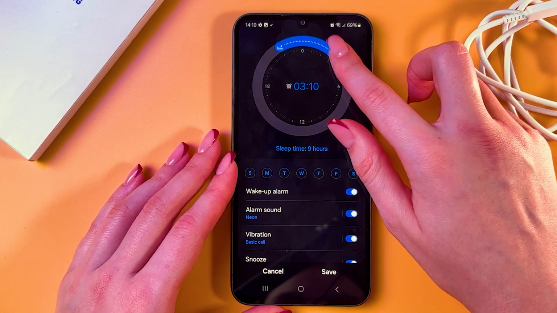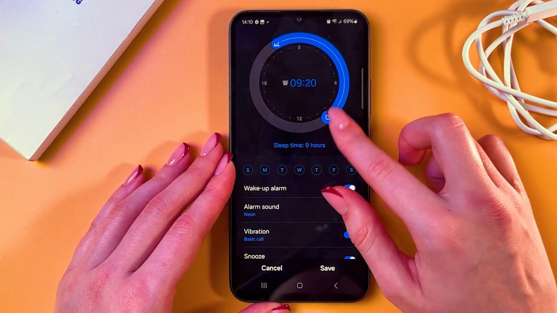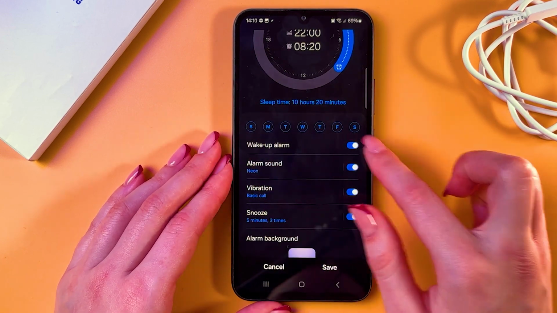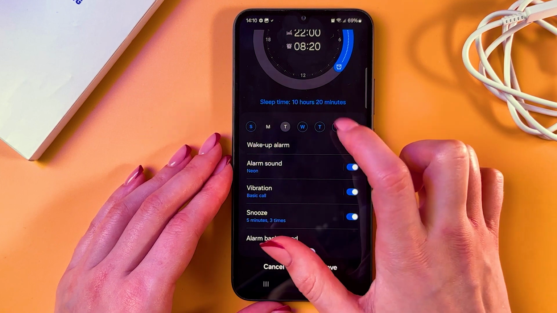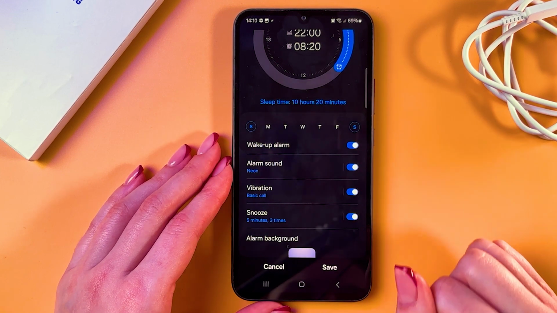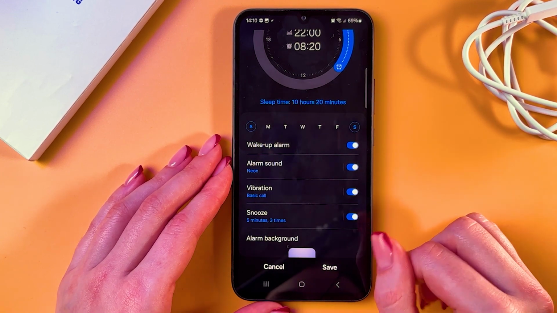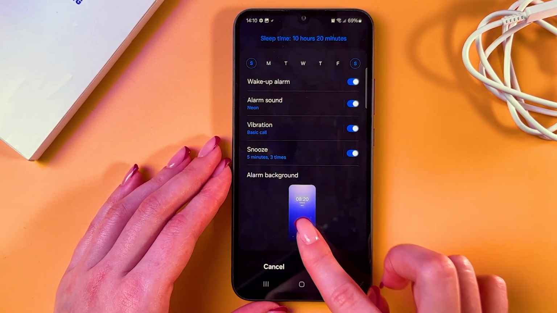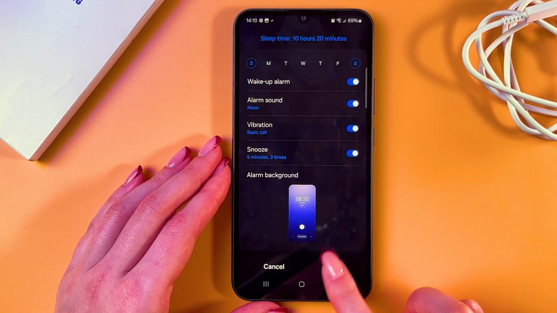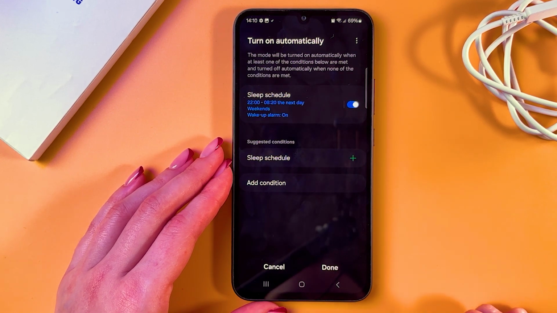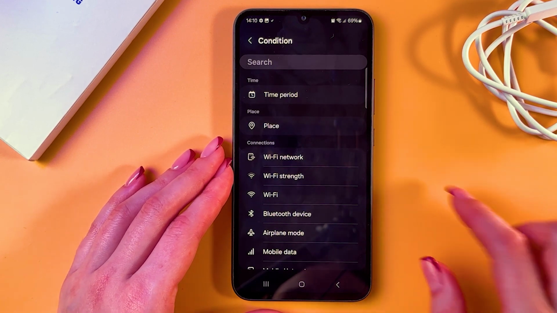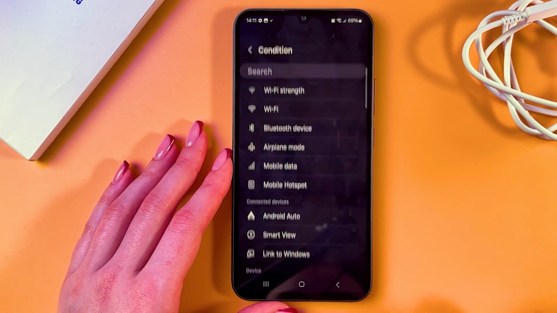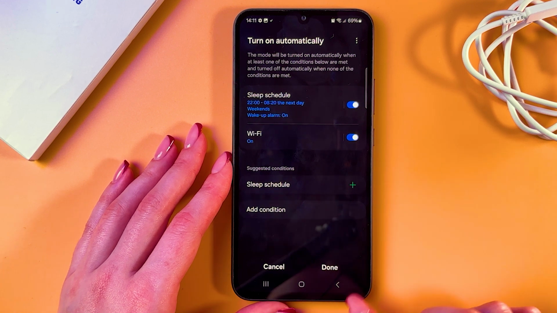For that, drag this slider just like that to just find the right amount of time. Here you can select days, for example, like that. You can set an alarm, choose its sound, set vibration, snooze, and select background for the alarm. And don't forget to save the changes. Here you can also add a condition, for example, Wi-Fi on or off, then tap the done button and save